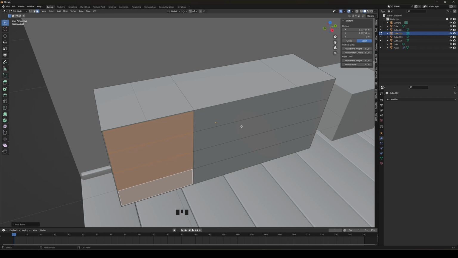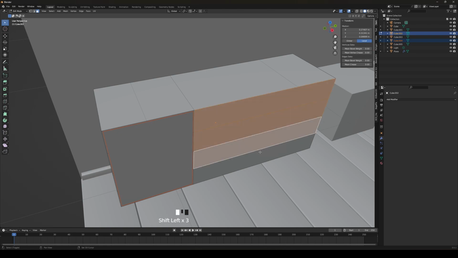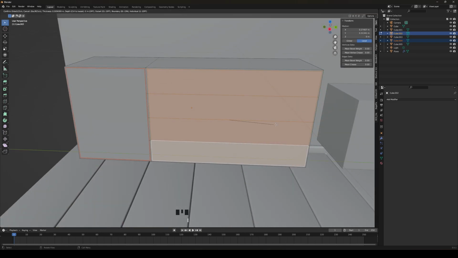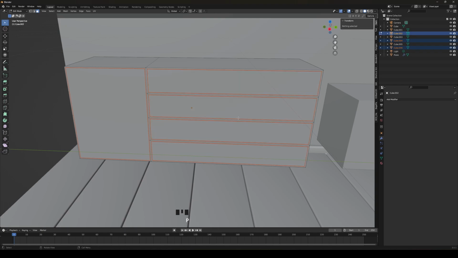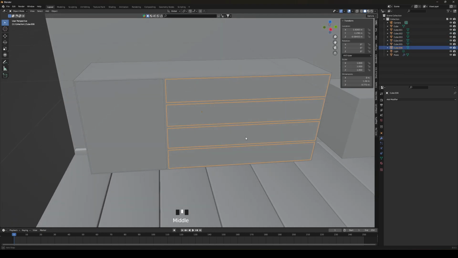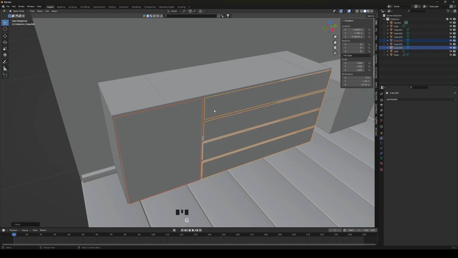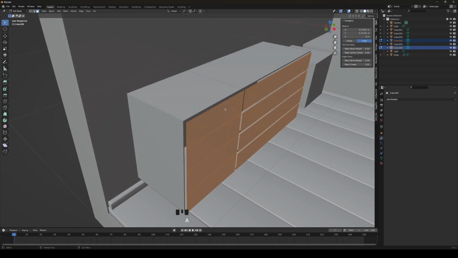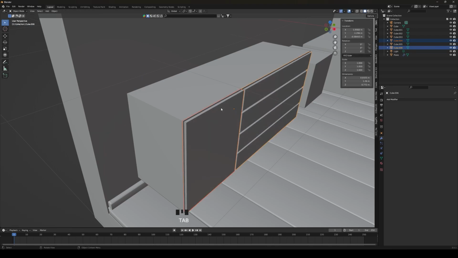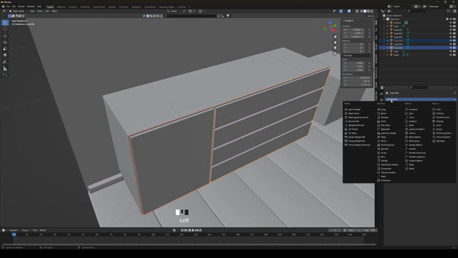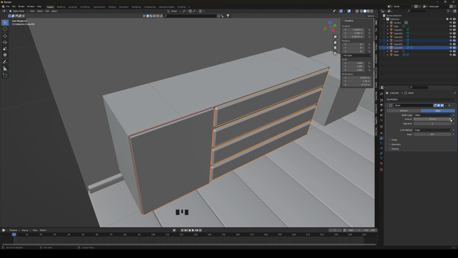Click I to insert them and click I again so you get the individual ones instead of it being one total. Afterwards, just pull them out a bit and go into edit mode and press E to extrude them. And let's add a bevel. I set mine to